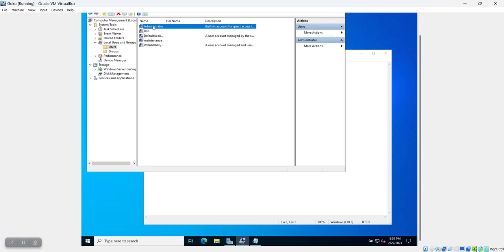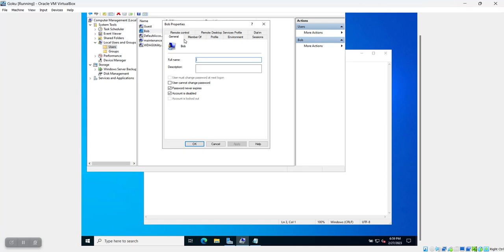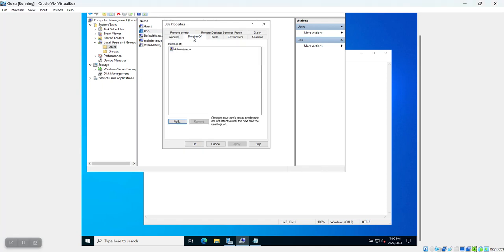So I need to make this guest. Now I can take Bob, which is a member of administrators, but it's disabled, and I'm going to make this appear to be